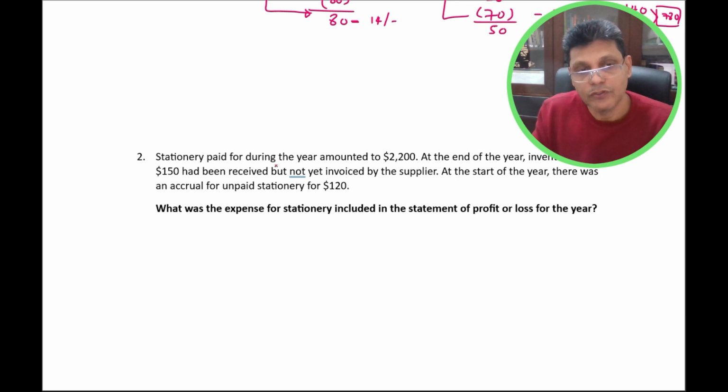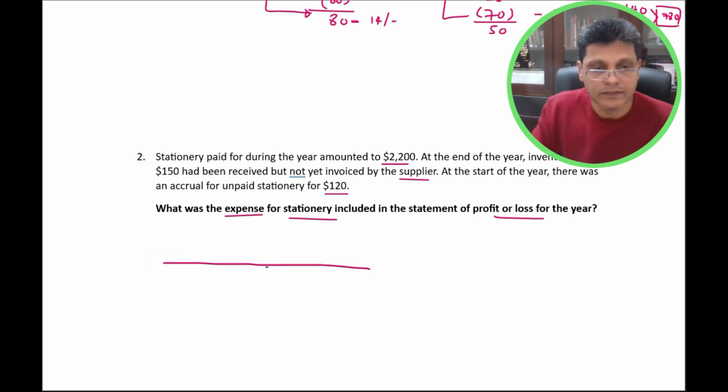Stationery paid for during the year amounted to $2,200 US. At the end of the year, inventory costing 150 had been received but not yet invoiced by the supplier. At the start of the year, there was an accrual for unpaid stationery for $120. So what was the expense for stationery included in the statement of profit or loss for the year? Now if you take the stationery expense accrued account,